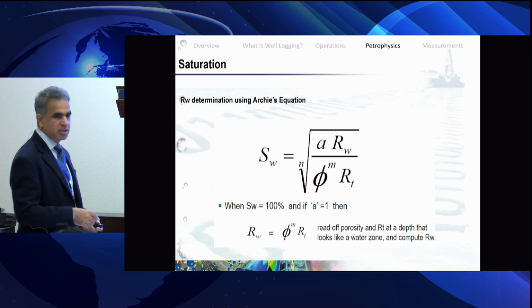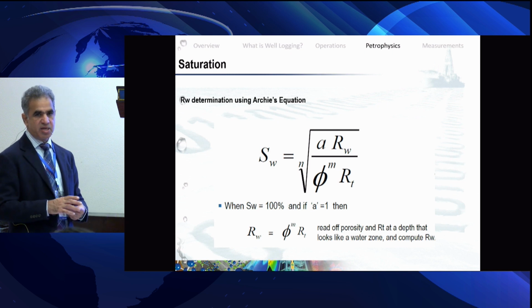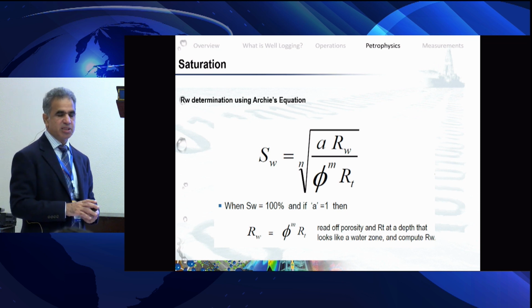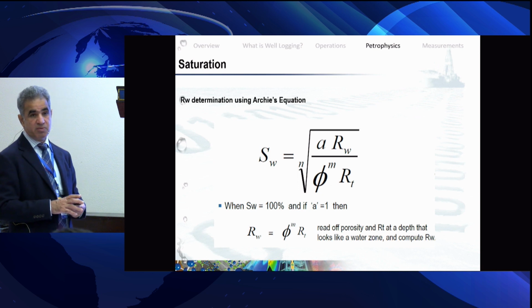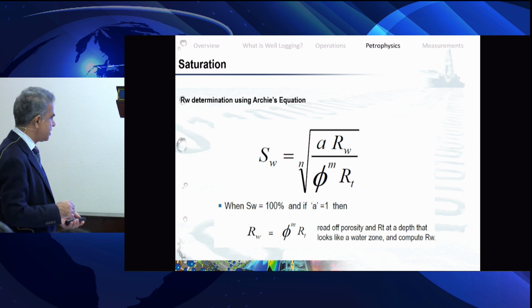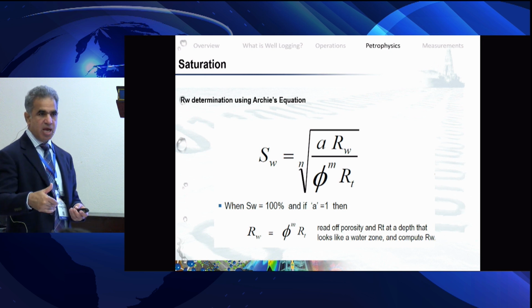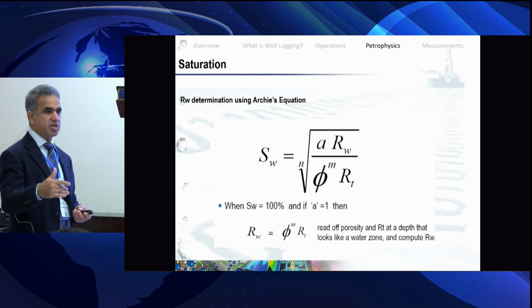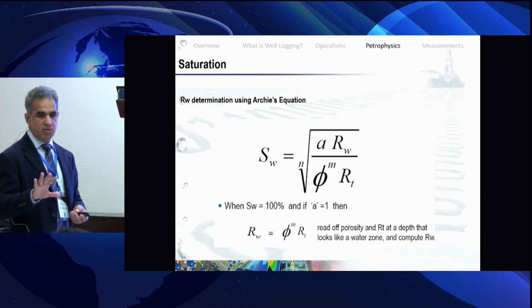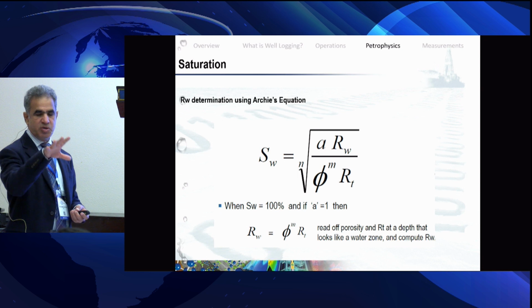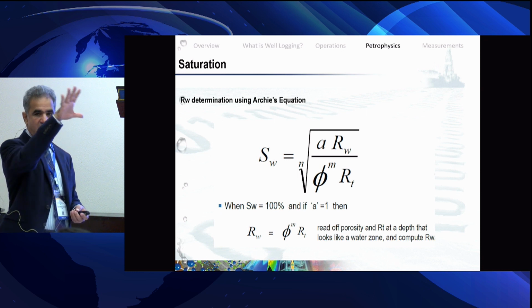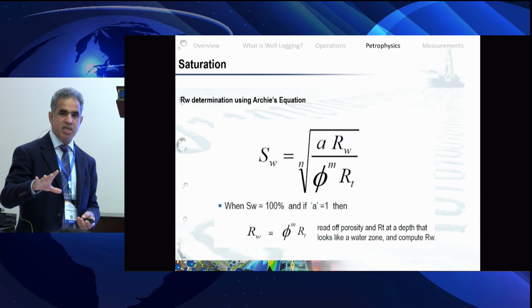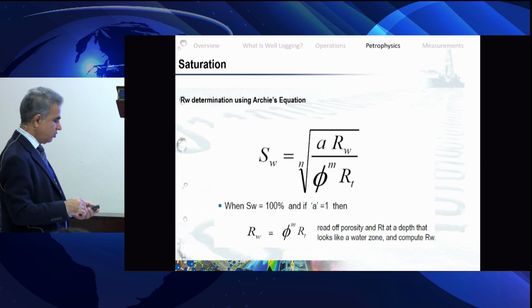So the RW is something any person working on the logs, a petrophysicist, a geologist, has to go through. Based on known information, produced water salinities or nearby areas, this parameter we can calculate. Otherwise, if we have log data and a certain formation is confirmed as containing water, because of low resistivity and high porosity, we think this could be water bearing; in between, medium resistivity is transition, and high resistivity is hydrocarbon. If I have a water bearing zone, then we don't need external information. We can calculate it from